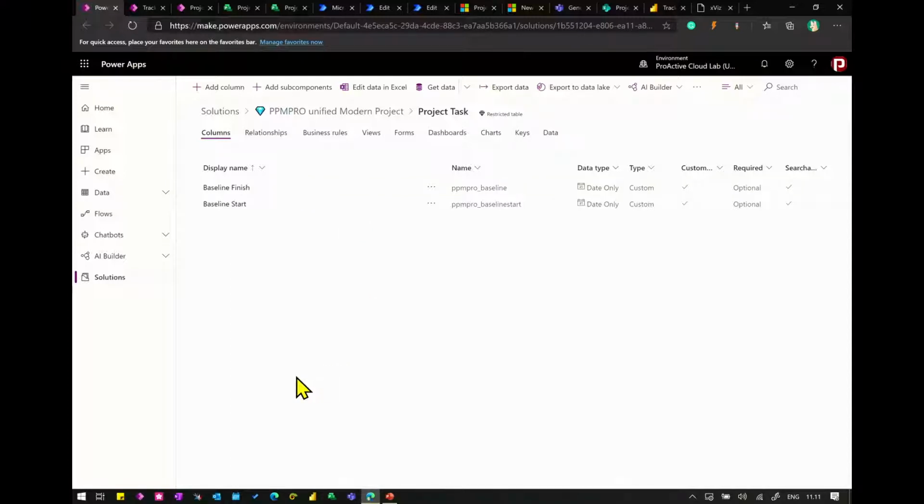Maybe not in that direct order, but yeah, rename is good. So we have these 2 new fields. What I need to do is, you can see it's on the project task entity that I have here. So what I need to do is I want to create a view for myself where I can see these 2 new